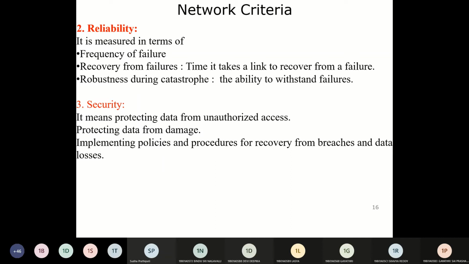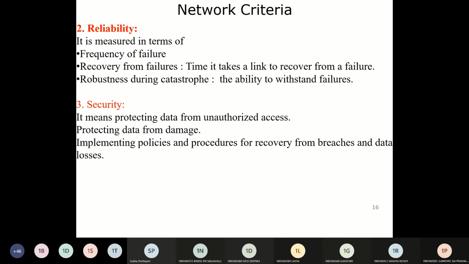Imagine that two military bases are trying to send some information. One is in LOC and the other military base is on the Bangladesh border. And these two military people want to send some important information. Somebody in the middle wants to get the data that is communicated between these two military bases. Then if some anti-social elements get that information, then some disaster may be caused. So it is very important that the data is secure over the network, so that it is not taken by unauthorized persons.